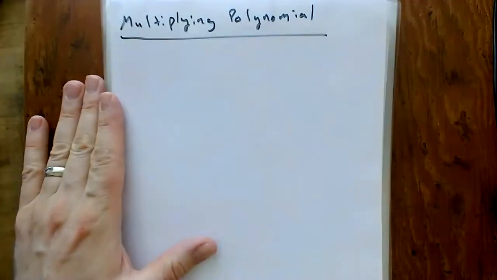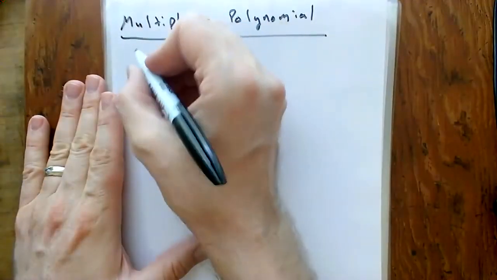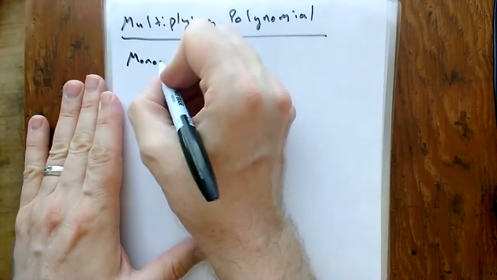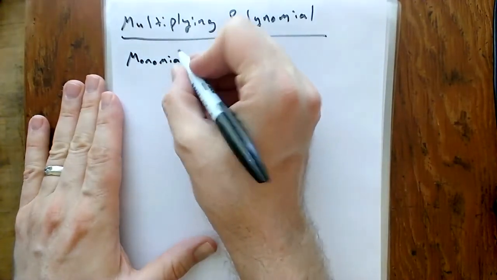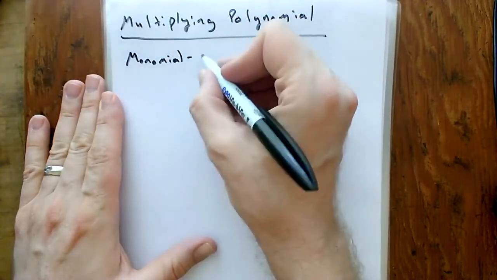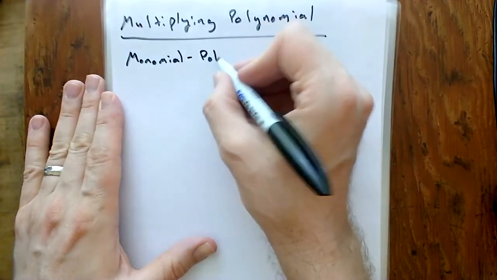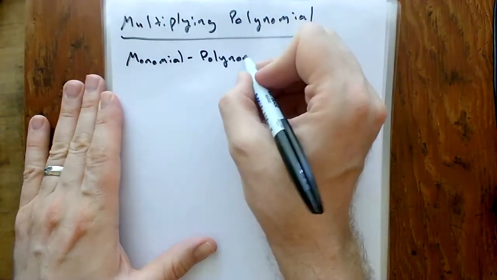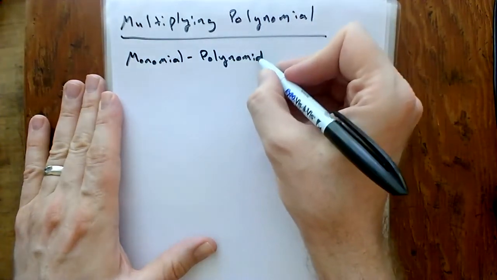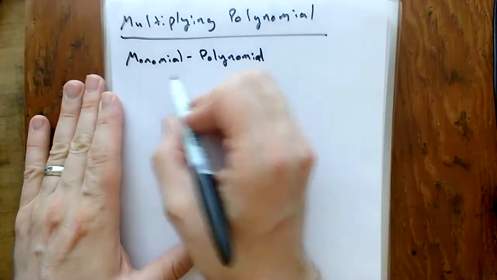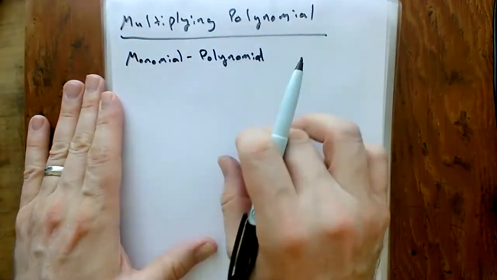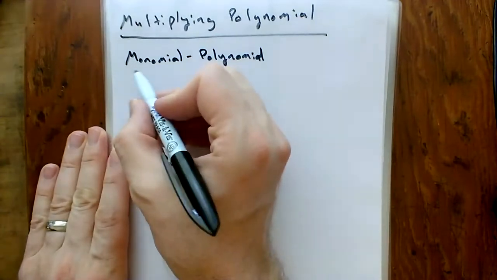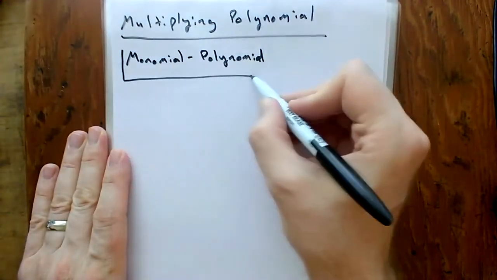We're going to do monomial times polynomial, binomial, and then we're going to do polynomial. So let's start off with our monomial polynomial